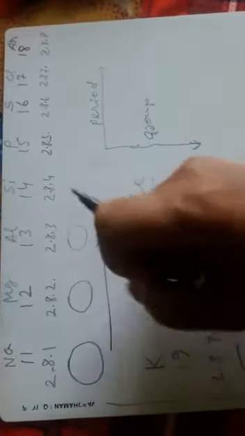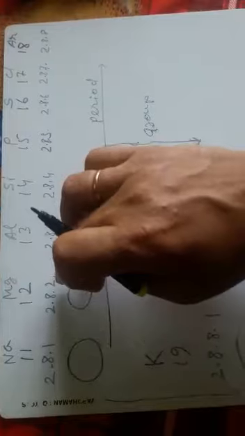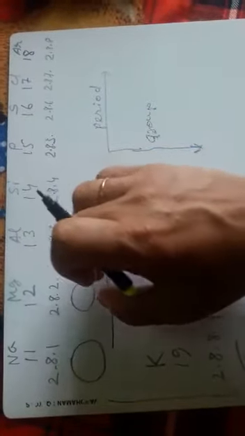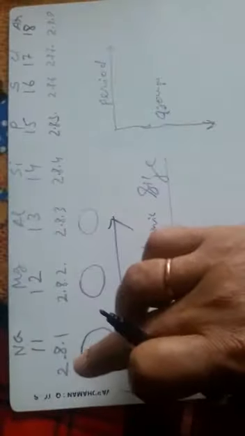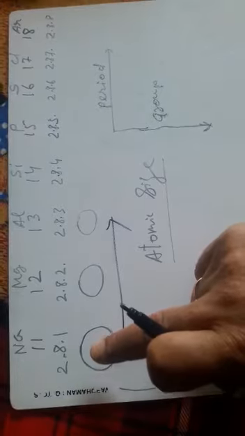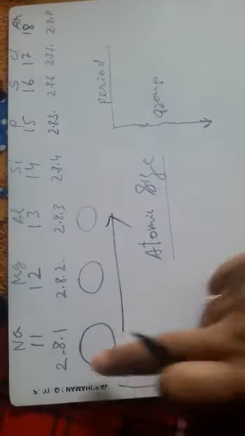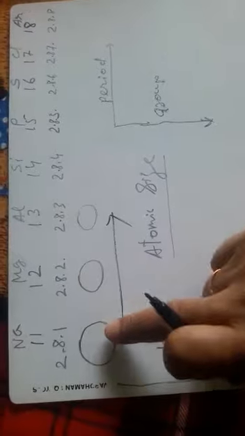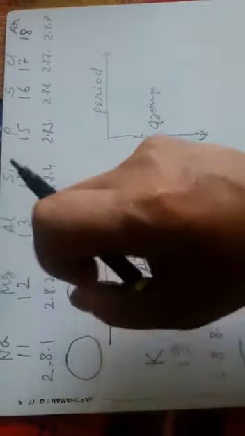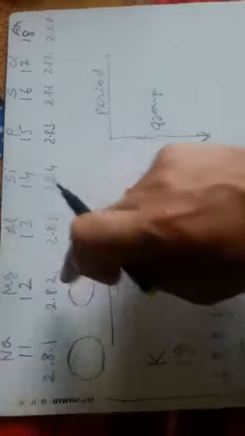the nuclear force. I mean, in magnesium, due to the increase of one electron compared to sodium, the nuclear force in magnesium will be stronger than that of sodium. So the loosely packed electron from the outermost orbit of sodium can be taken out more easily than that of magnesium. So the atomic size of sodium is more than that of magnesium, because in magnesium the nuclear force is more than that of sodium due to the increase of one electron.